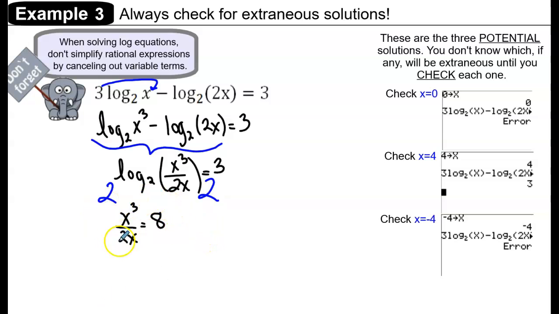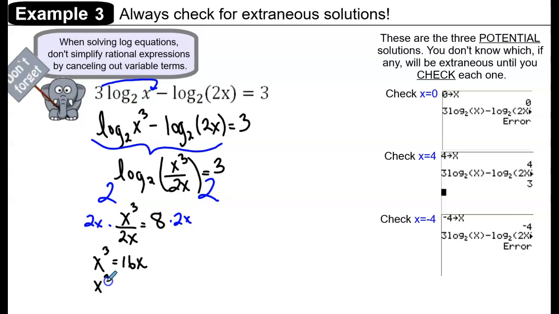Now at this point you want to be careful. Up here there's a reminder when solving log equations, don't simplify rational expressions by canceling out variable terms. So we're not going to cancel these x's. Instead we're going to cross multiply, so we'll multiply both sides by 2x to solve this proportion, and we'll have x cubed is equal to 16x, and then we can subtract